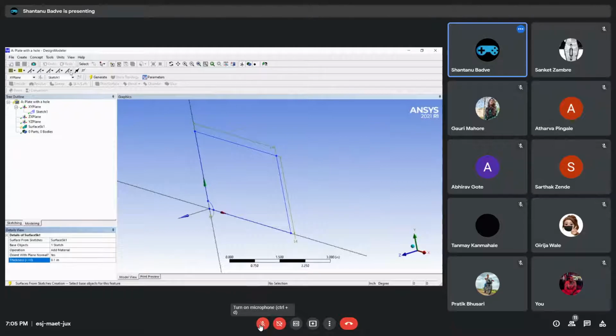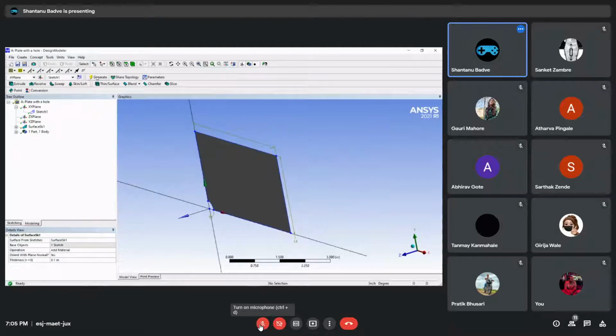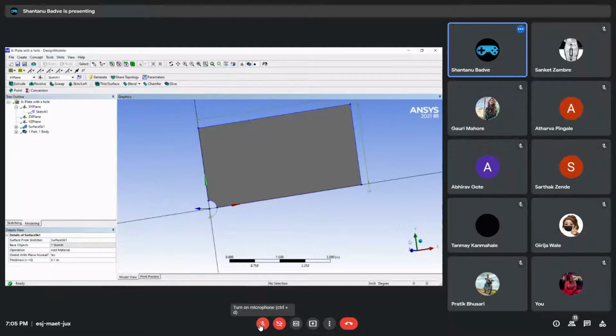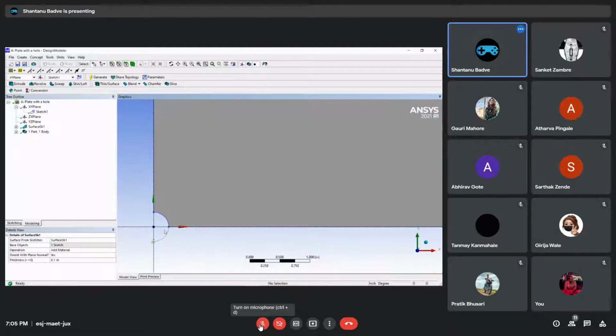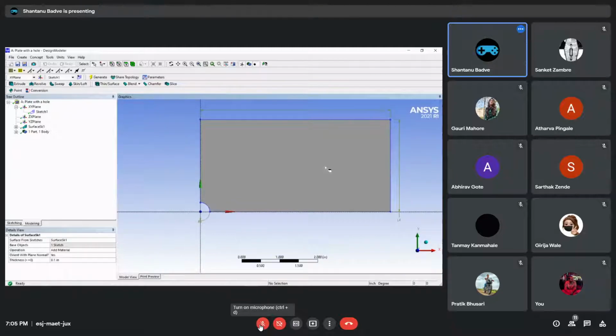Okay. And then once we have defined all these parameters, there is this big generate button in here. We just click on it. And as you can see, we have our quarter plate with a hole which is also a quarter, and this is basically the geometry that we are going to work with today. You don't even need to press Ctrl+S to save it. You can just close out of it because Workbench will take care of it. All right. Workbench will save everything that needs to be saved. So we'll just x out of here.